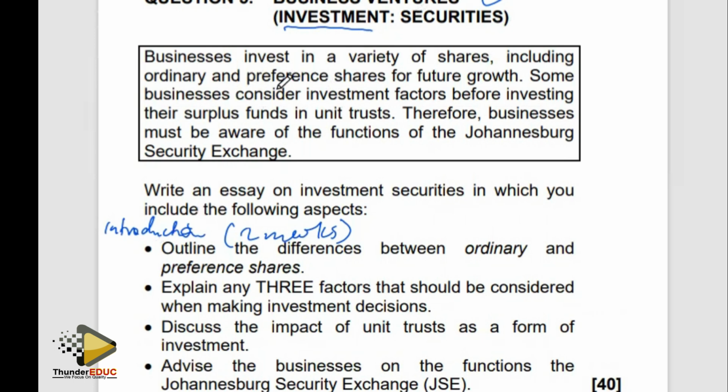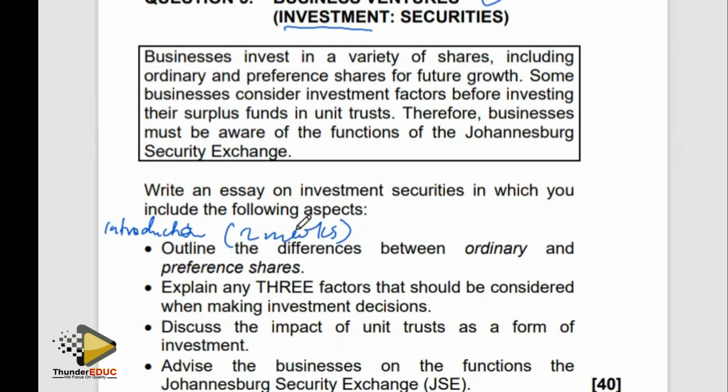Okay, right. So now businesses invest in a variety of shares, including ordinary and preference shares for future growth. Some businesses consider investment vectors before investing their surplus funds in unit trusts. Therefore, businesses must be aware of the functions of the Johannesburg Stock Exchange. Okay, right. So now let's check how best we can write our introduction under this business securities. Our introduction can go as follows: various types of shares offer different types of dividends and risks associated with them. And also, investors have a range of investment opportunities to choose from. So now those are the two points that can earn you